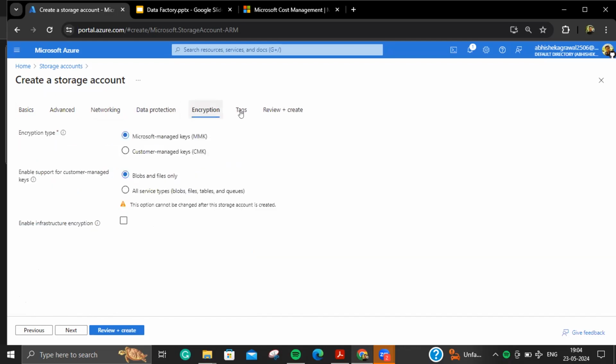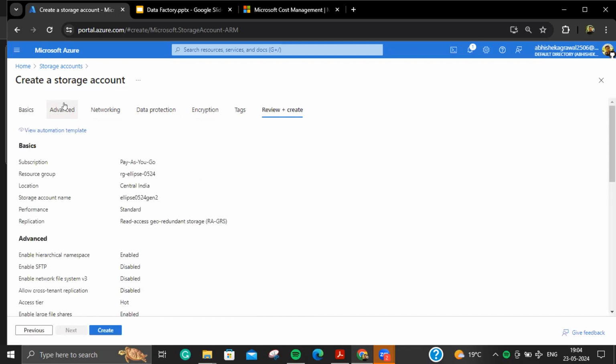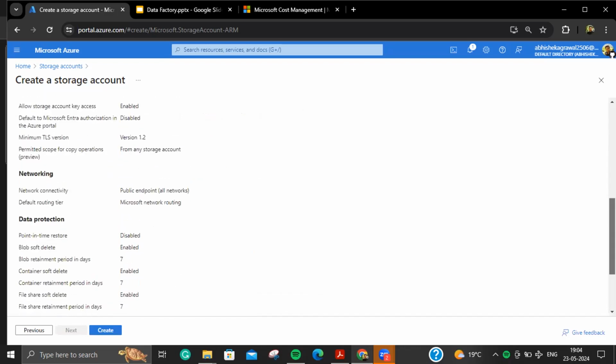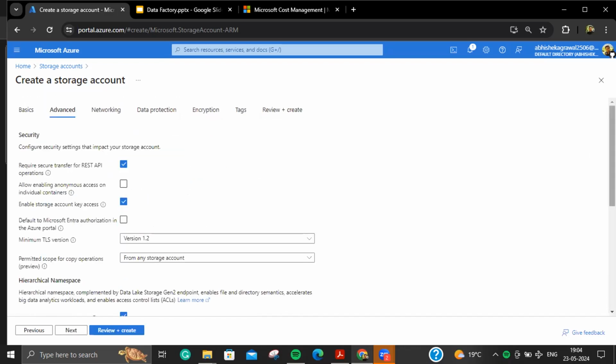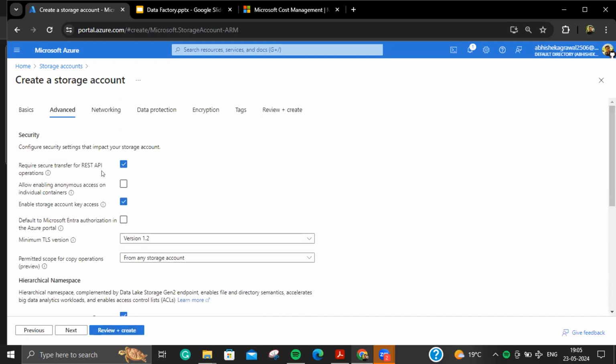Okay. Now that's all, right? The only option which I have changed is in the advanced option. I have enabled this option, right? In the advanced tab, I enabled this option and everything else is default. Okay, then review and create. Hit review and create. Okay, after this,